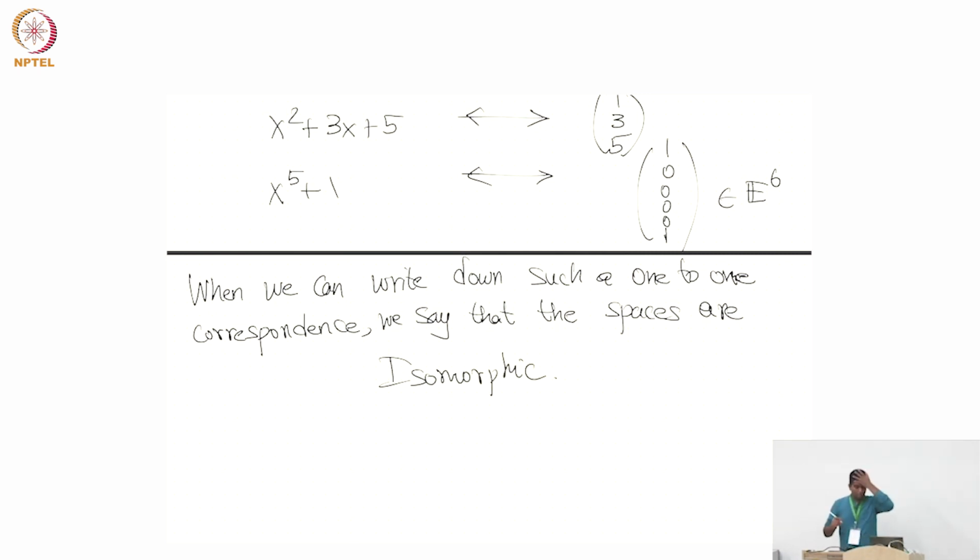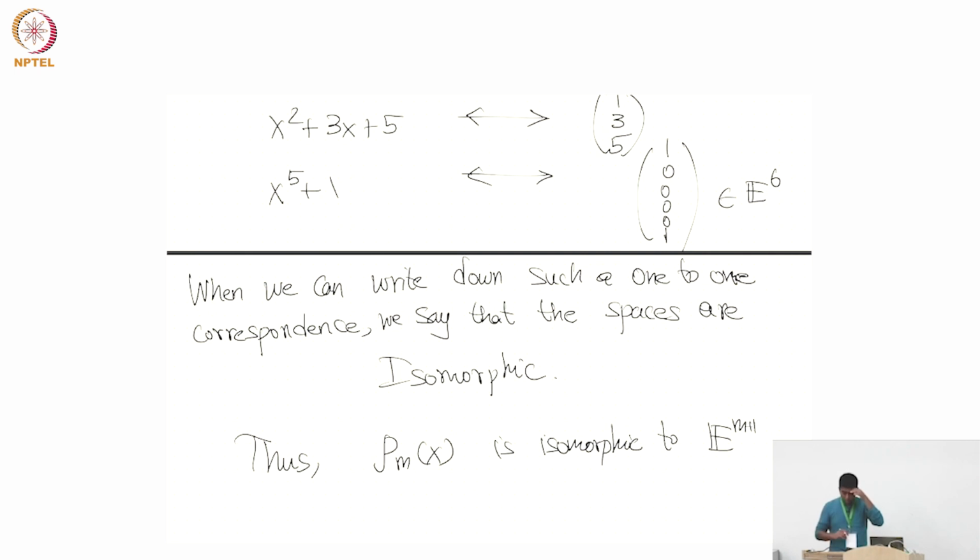Okay. So thus the space of polynomials of degree m is isomorphic to E^(m+1). Okay, so